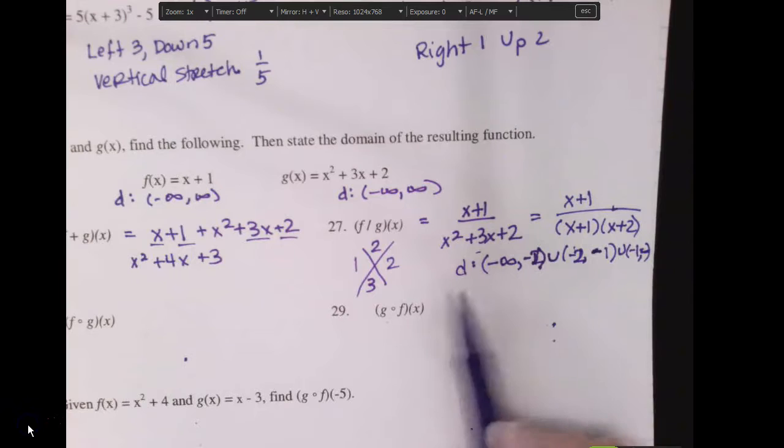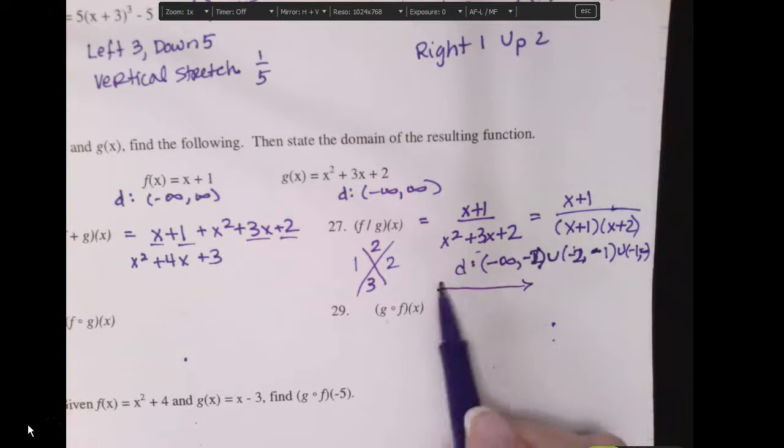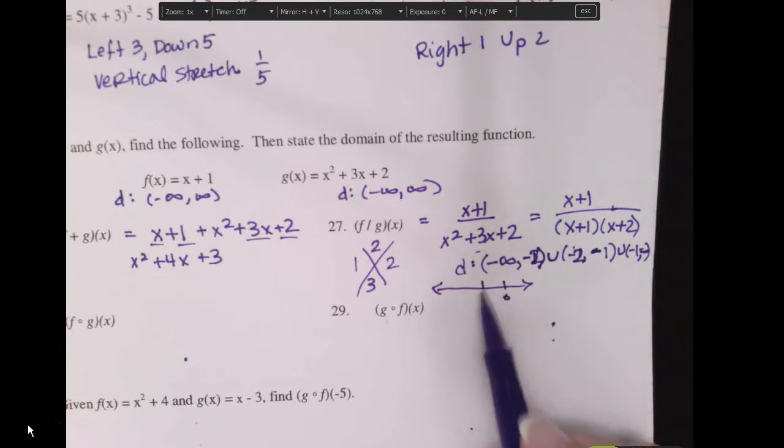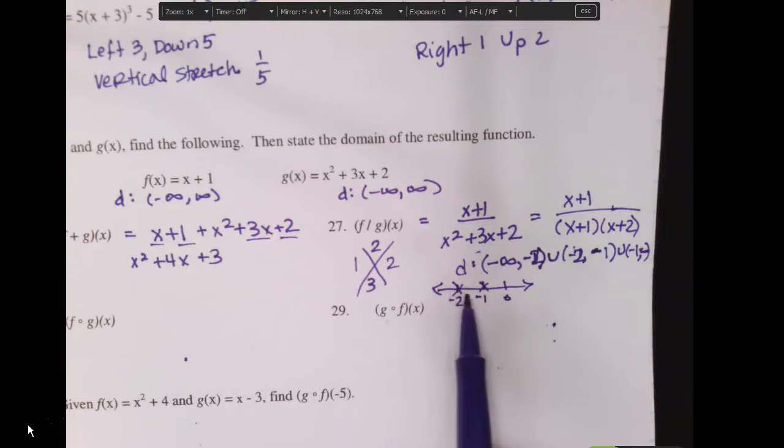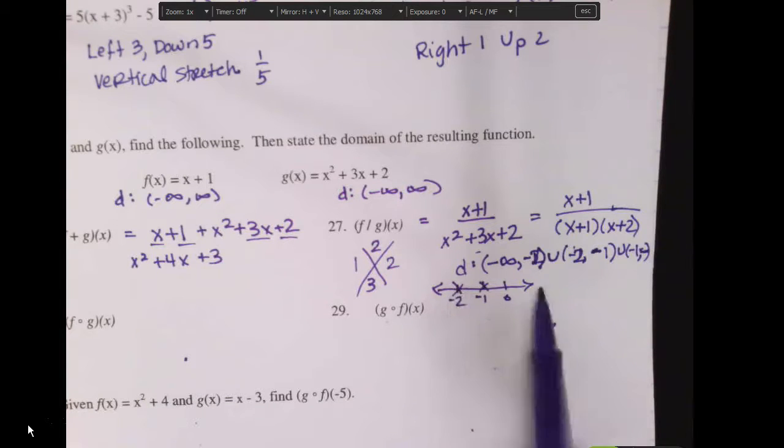So it probably would have helped me to at least have a number line in my mind for that one. So my excluded values were at negative 2 and negative 1. So going from negative infinity to negative 2, then negative 2 to negative 1, then negative 1 to infinity